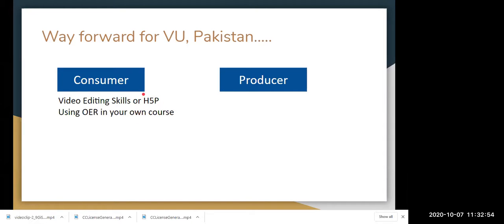And H5P can be linked into an LMS. For example, in my university we are using Moodle, and Moodle has this H5P plugin. Perhaps you can check with your IT engineers whether they can install H5P into your LMS. If they can do that, then you can bring your OER materials and enrich them with many interactivity kinds of